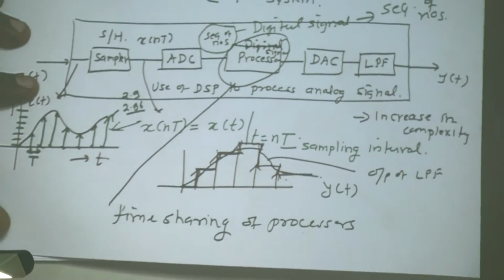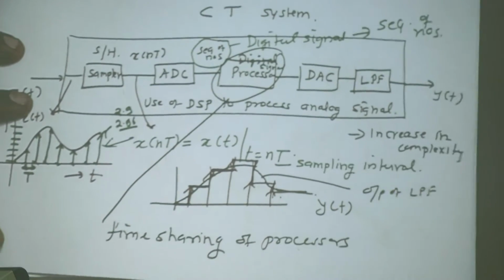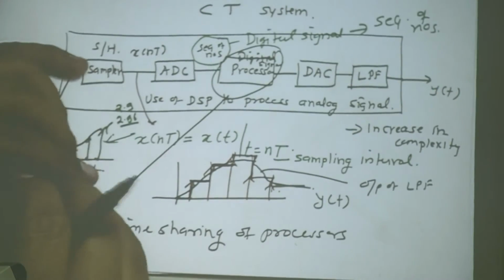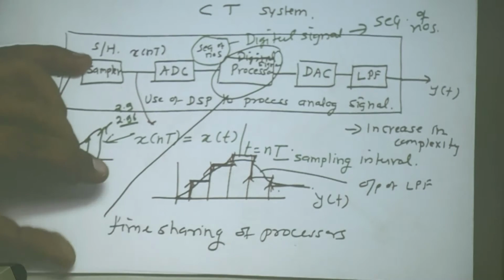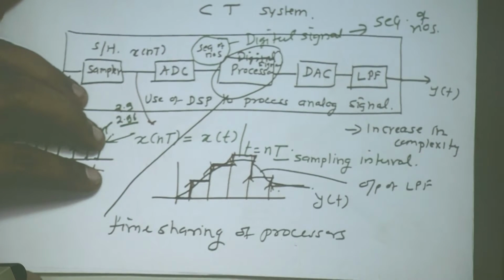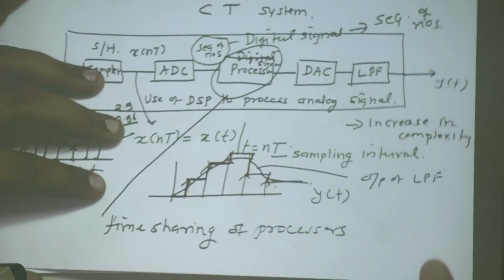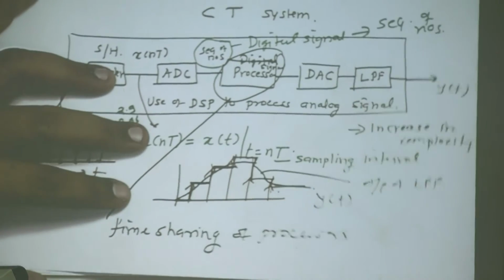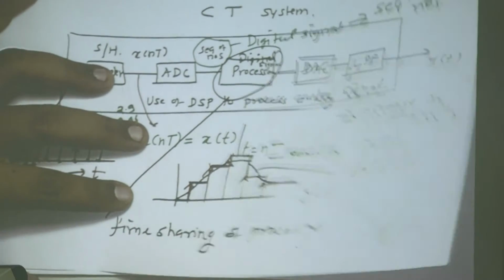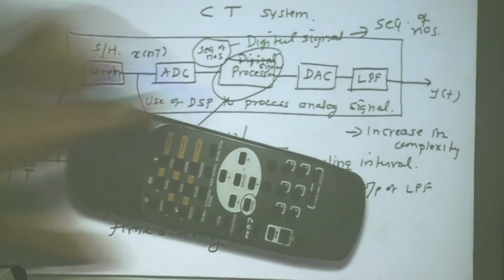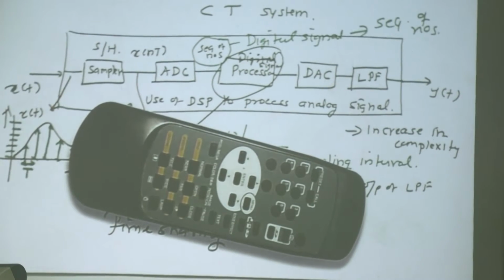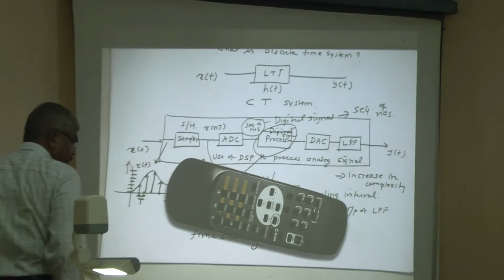Processors can be shared because the processor is a high frequency processor. It cannot be used for processing low frequency data. If at all it has to be used, I can make use of this processor in a time sharing mode. An example could be the digital computer of today. Say, for example, in an